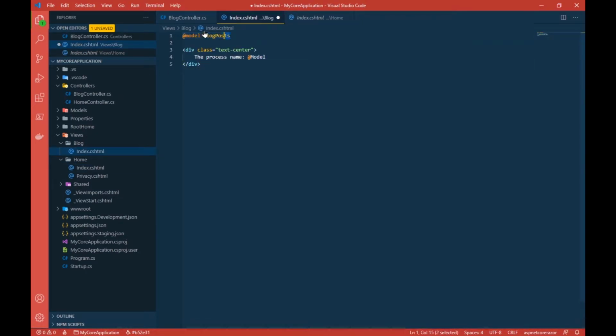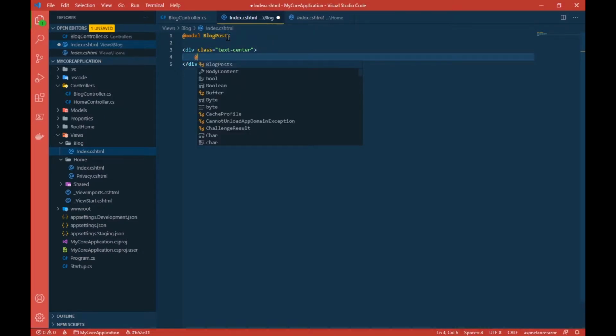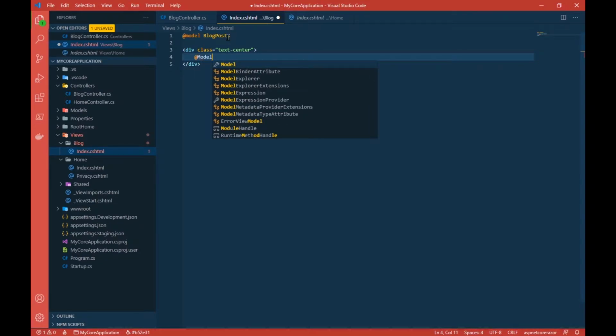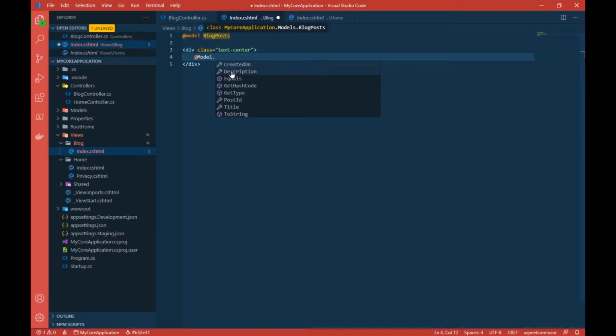Once I have told the view that this instance will come, I can use all the members of this class by simply writing @Model with capital M, then dot, and you can see I can access all the members of this blog post class.